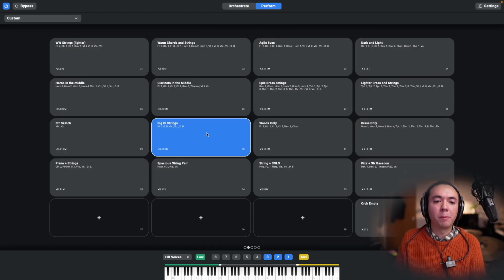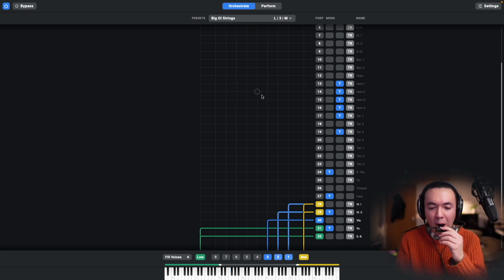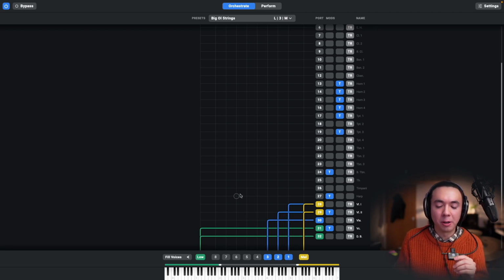So for example, I've got a patch here called Big Old Strings. I've specifically set it up so that when I play a close position chord like this, so you can see in blue the actual notes that I'm playing on the keyboard, but if you listen,